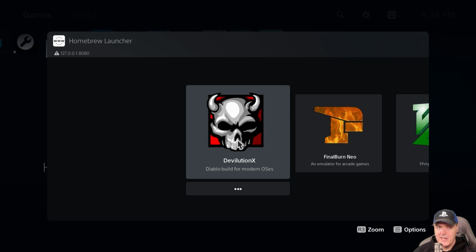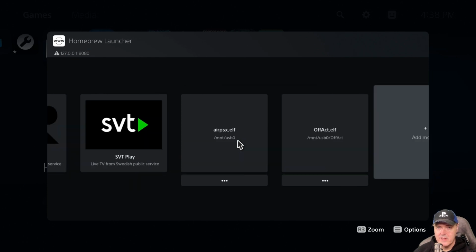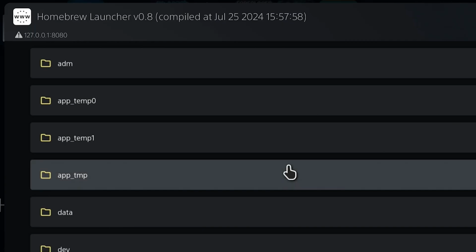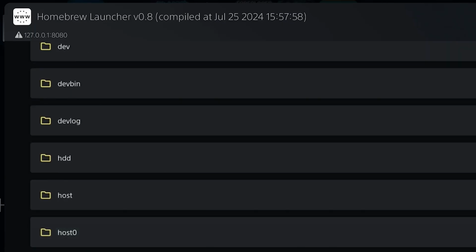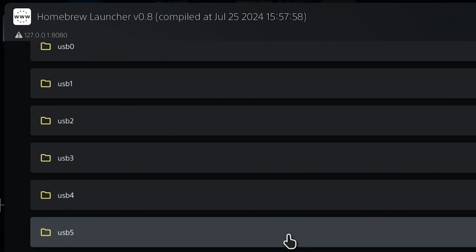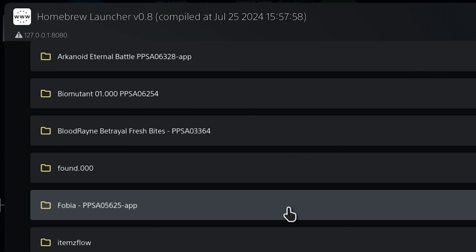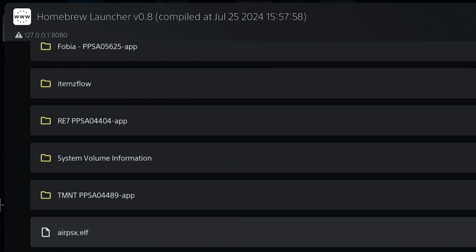We're going to go ahead and hit play on that, and from here you can scroll all the way over and go to add more, and then you can just select your mount and then USB 0 here, and then you would want to go ahead and select that